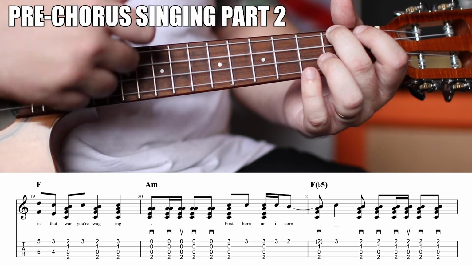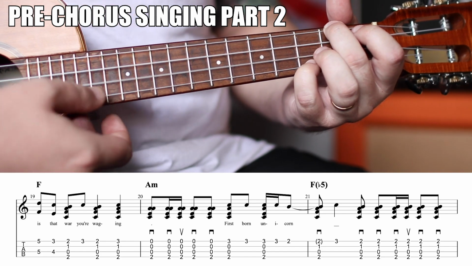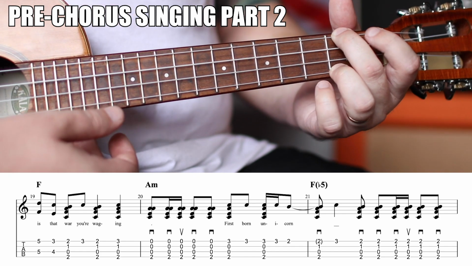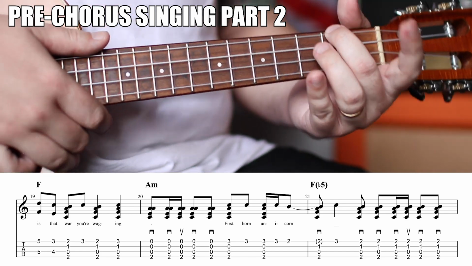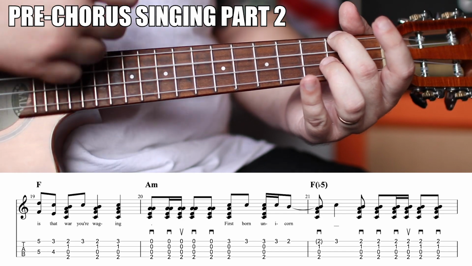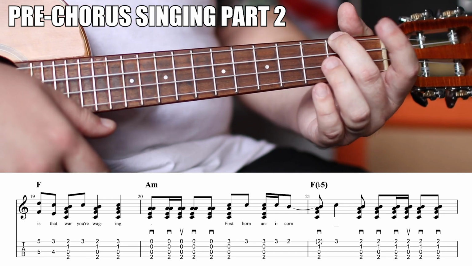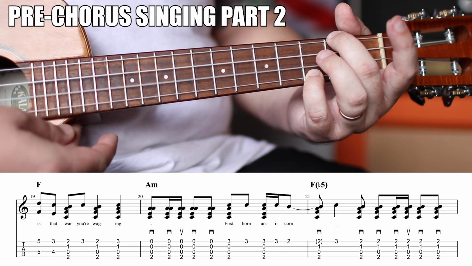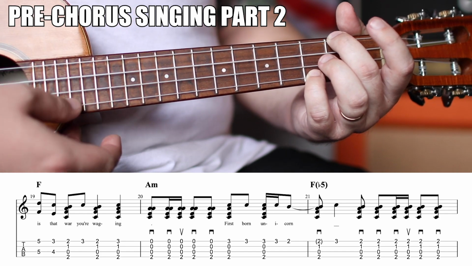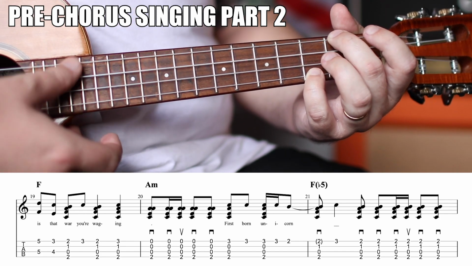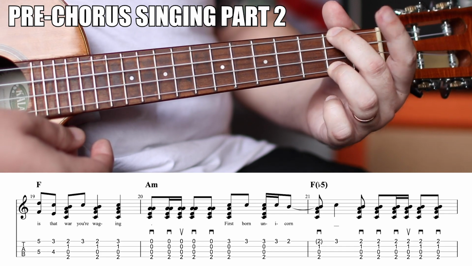1 and 2 and 3 and 4 and. Now when you get to that, let's look at this measure. A minor, down, down, up, down, down. No melody. And then you're going to get your pinky down, strum all the way through, then grab the pinky on the and, then all the way through, pinky, pinky, pinky, and then 2nd fret, but use your ring finger